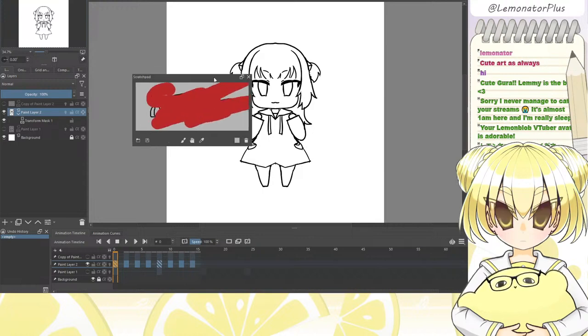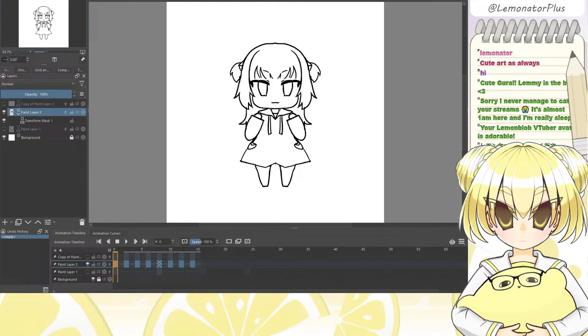So yeah, that's one of the things I liked about Paint Tool SAI that the other programs didn't have, the scratch pad, but now I have it in Clip Studio Paint and Krita. This is very nice. Ooh. Okay,